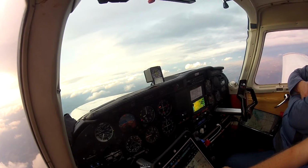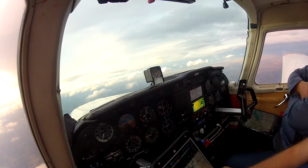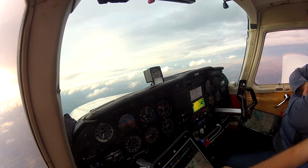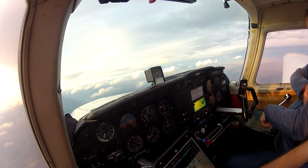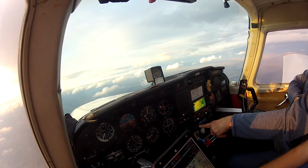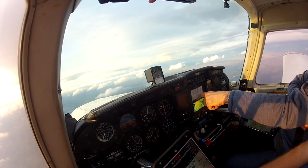Then maintain 5,000. Let's go center. And that goes out, I guess, when GPS goes out, because it's bootstrapped to that. Right. That's why when I got this, I got the one with separate GPS. So if this goes out for some reason,